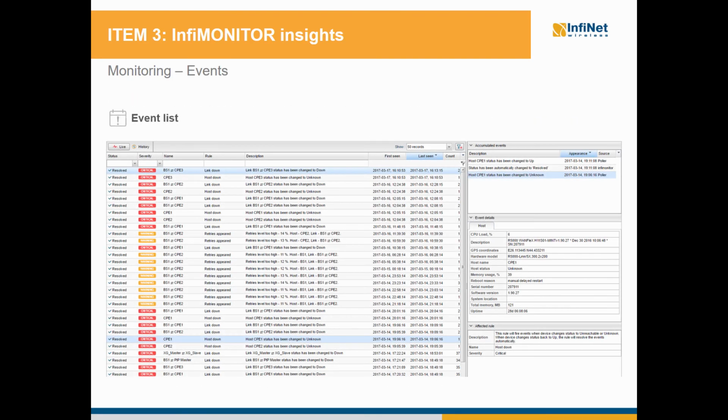In the events subsection, first we have the event list, which has 2 display modes, live and history. In the live mode, which you can see on the screen right now, the events are shown in real time, strictly in chronological order. By default, only the last 50 events are shown, but you can expand the list to 250 events by using the switch in the upper right. In the history mode, you have access to all the generated events and you can filter them by the time